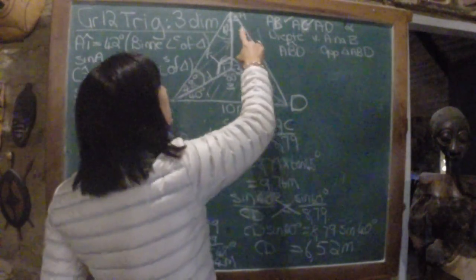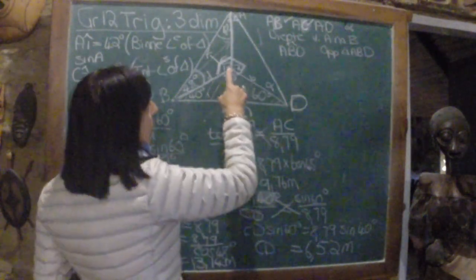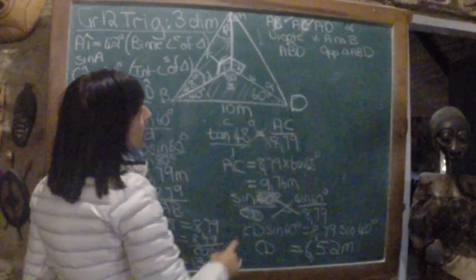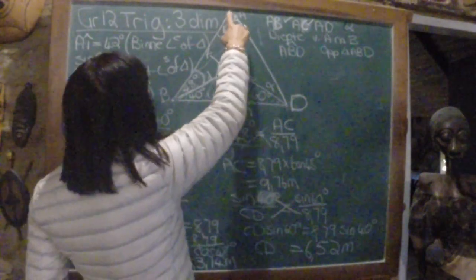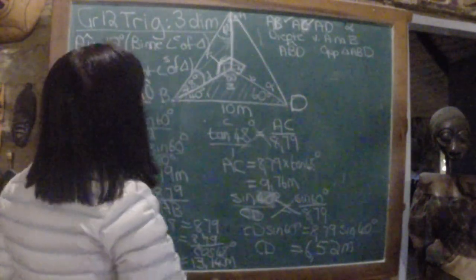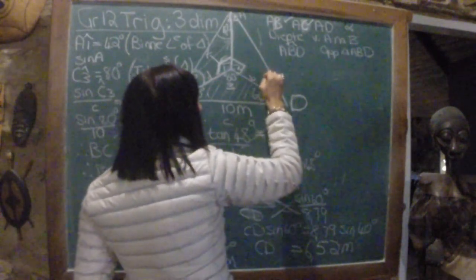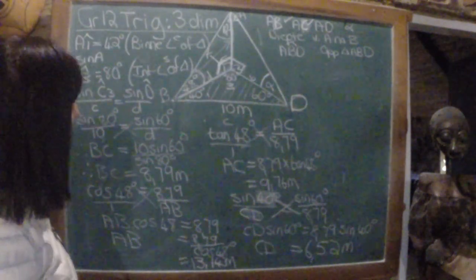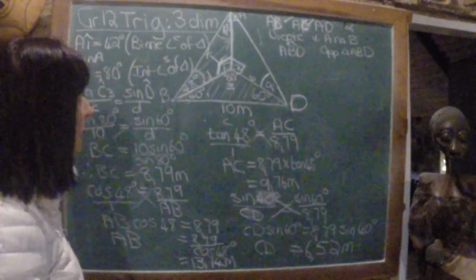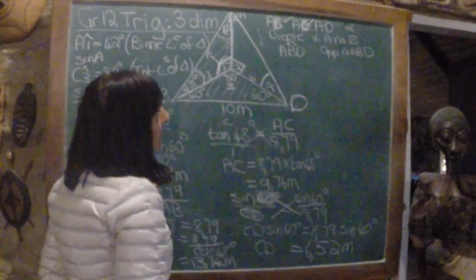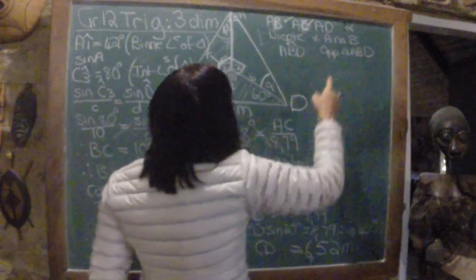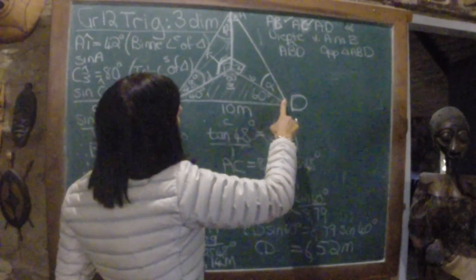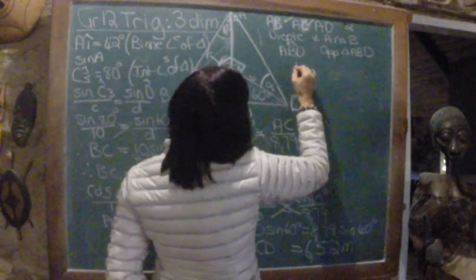Now remember, this is a 90-degree triangle. So I've got CD now, and this is a 90-degree triangle, and I've got AC as well. So I can take alpha, the angle alpha, if I want to determine the angle alpha. Okay, I've got AD, I need AD. Let's quickly determine the angle of alpha first. Angle of alpha, I've got the adjacent and the opposite. So the tangent of alpha